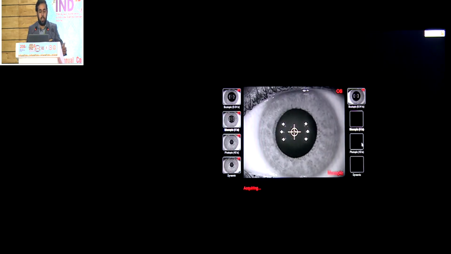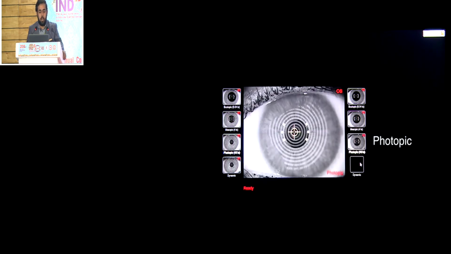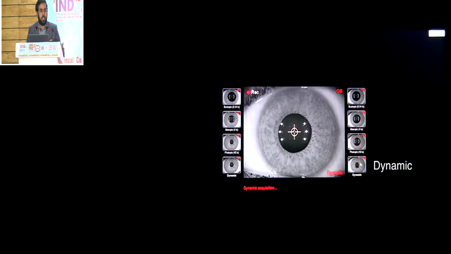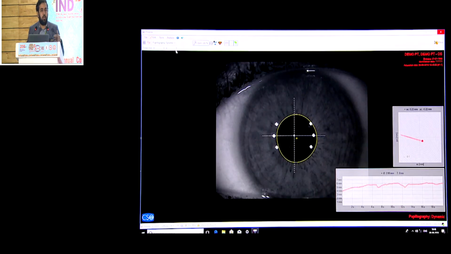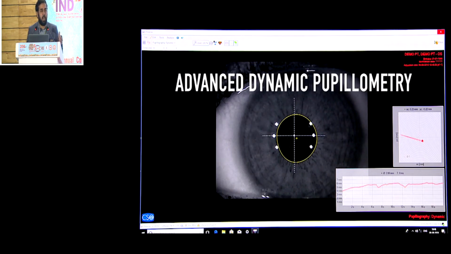And when it comes to pupil size measurement, many of our topographers and other pupilographers will be able to give us scotopic, photopic and mesopic pupil sizes, and also a dynamic change in how the pupil size changes over time. So this is with respect to the light reflex. In different phases of the light response, you will have the highest size in the scotopic phase, and then the smallest in the photopic phase, and then also a dynamic pupillometry, which is important